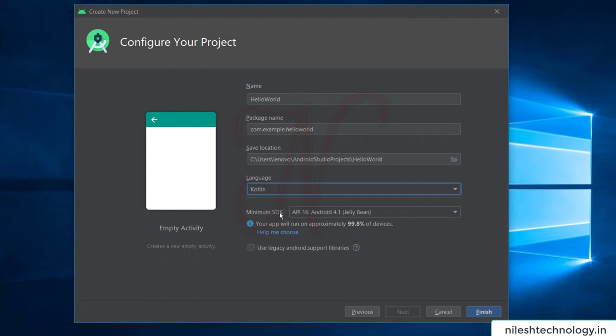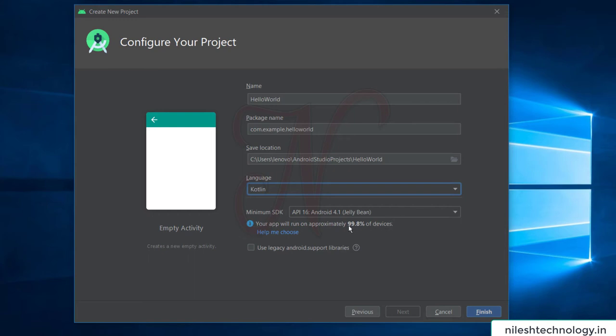The minimum SDK version is API level 16, Android 4.1 Jelly Bean. This is your minimum API level, which means your program runs on a minimum of Android 4.1. There is no limit for a maximum; we only set the minimum level.